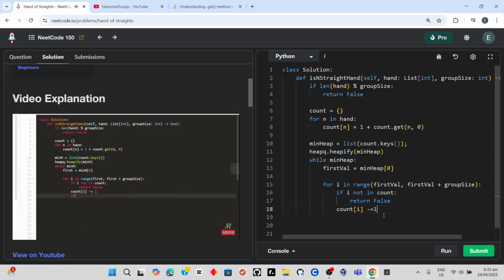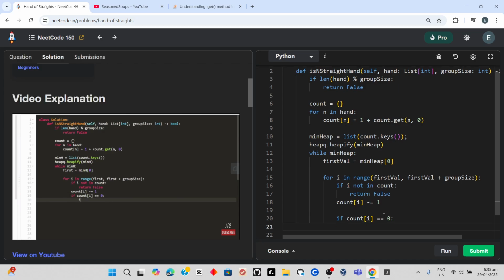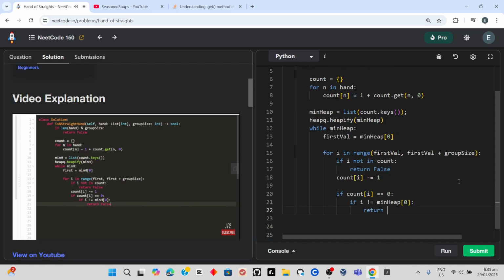And we do have to check if this count, so if it's now equal to 0, because remember, if it's equal to 0, that means we have to pop it from our min heap. But if we're popping a value from our min heap that's not equal to the minimum value in the min heap, which we know we can find at index 0, so if this is not the minimum value that we're trying to pop, that means we have to return false immediately, because